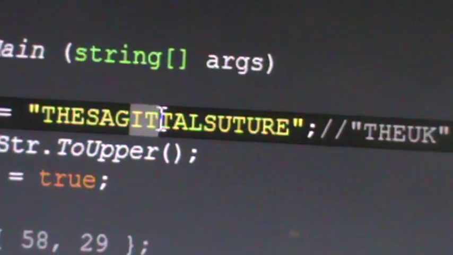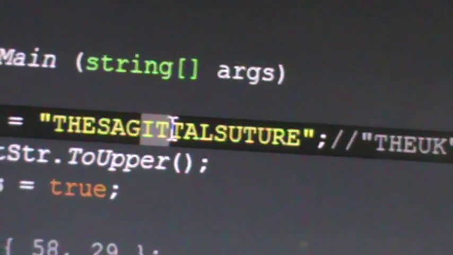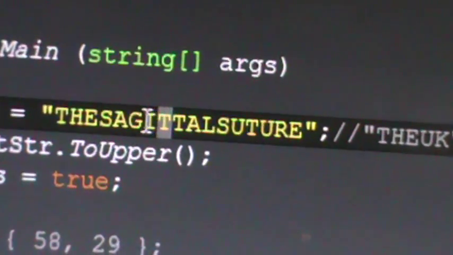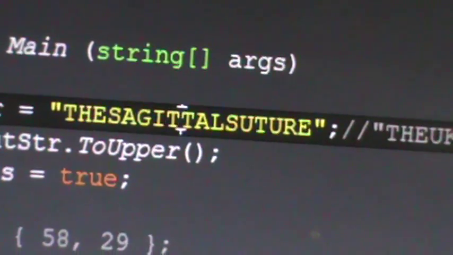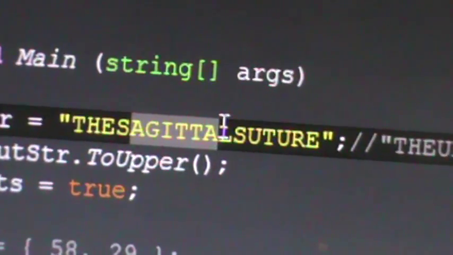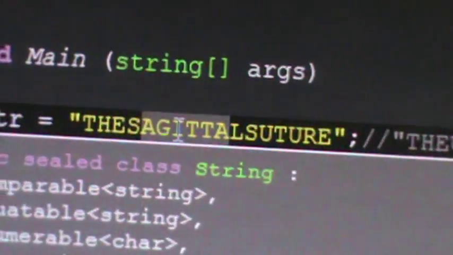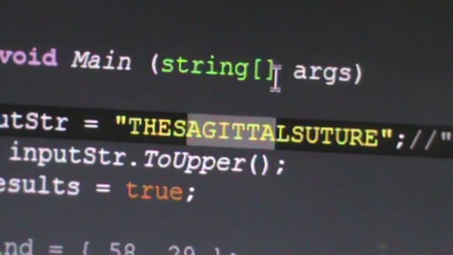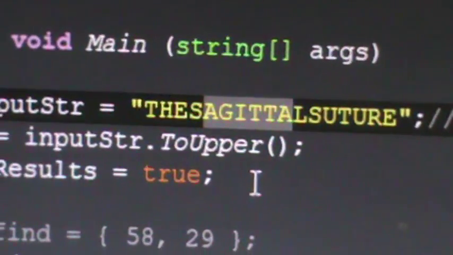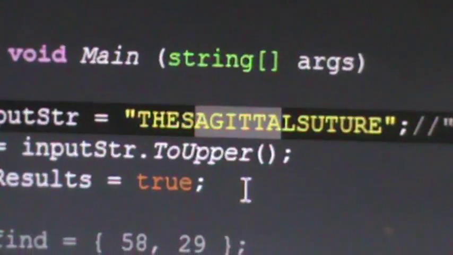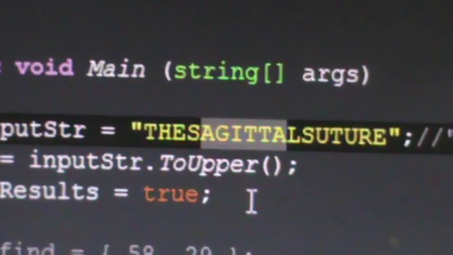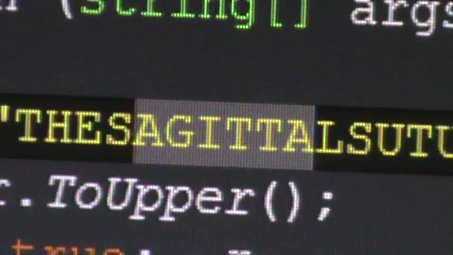Half father number 1 is in the dead center of sagittal. Half father number 2 is flanking that. This is 20 plus 9, 29, and this is 20 plus 9, 29. So there's father at the dead center of sagittal. And in the medical field and in any realm of anatomy, sometimes people just refer to it as the sagittal. Just to save time, for efficiency's sake, they'll say the sagittal. So there's father glaring at the center of sagittal.